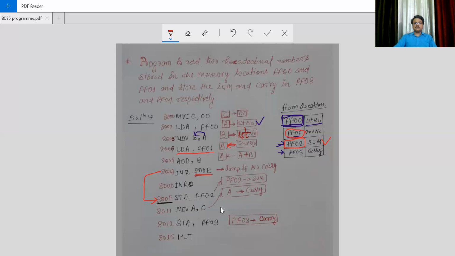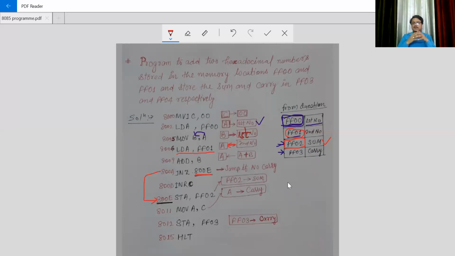Now come to the second line. We also have to store the value of carry into this location. Where is our carry? Carry is in register C, and C cannot be stored into the memory directly. So what do we have to do?